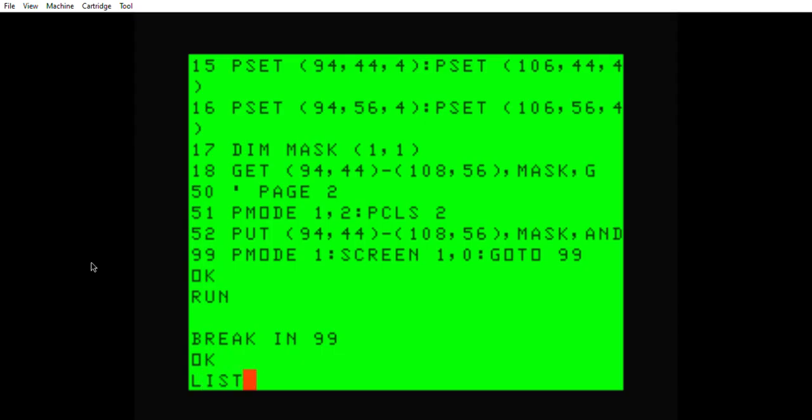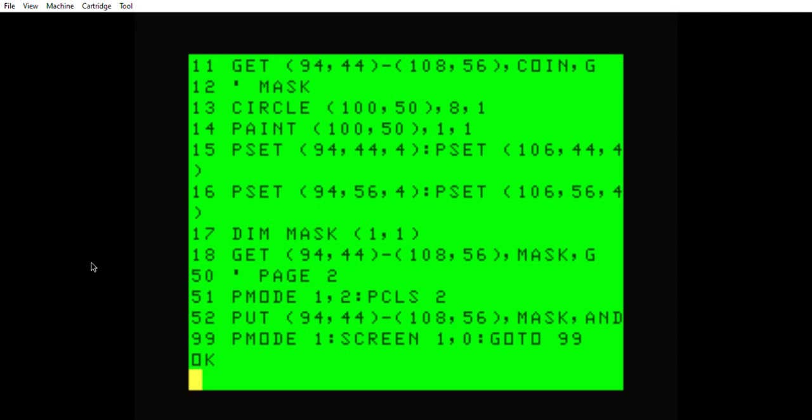And as you can see, the areas in red, the dots, now blend in with the background. They're no longer blue. And everything else is green. So this is our blending in, blended. It's blended now. So the only other thing we have to do is create another put statement